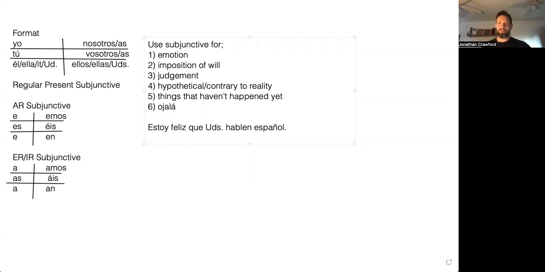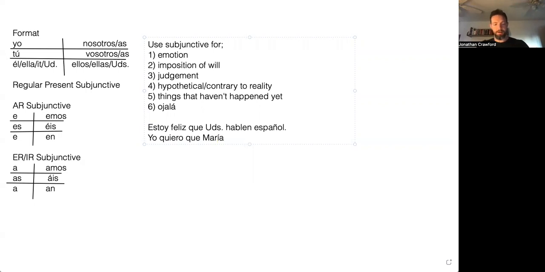In English, it's not very common. In English, you might use the 2-verb construction where you say, I want Mary to study Spanish, right? But in Spanish, we're going to say it with the word que, separating it into 2 clauses, requiring the subjunctive. So, yo quiero que